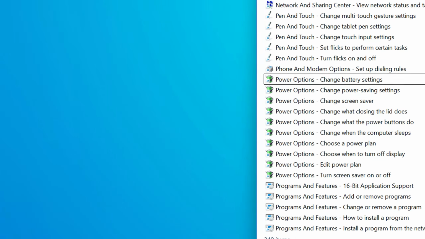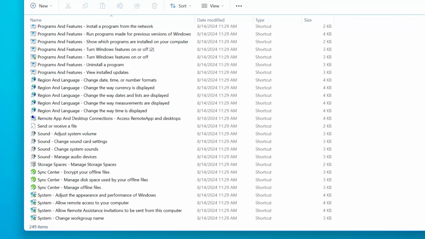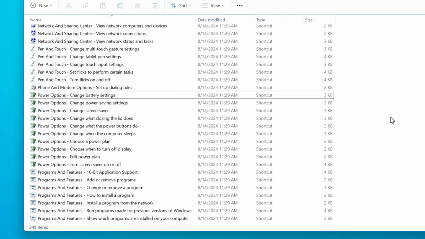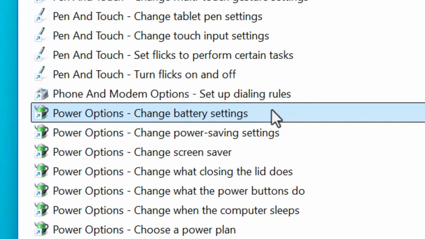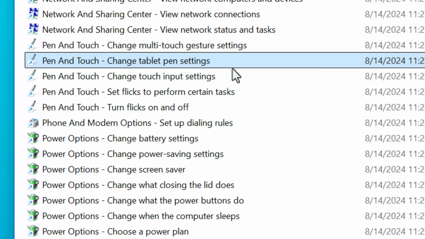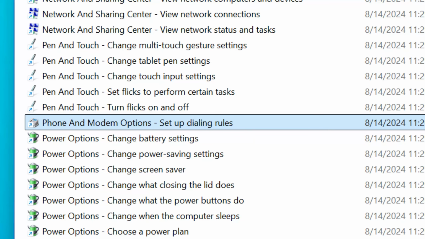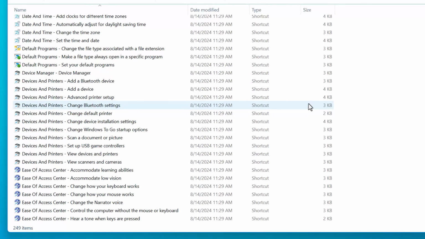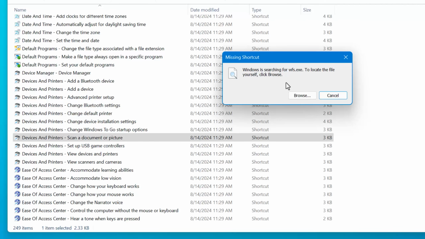Now, to be clear, some of these links might not actually work. There could be a reason it was not listed in the all tasks menu. For example, some of these only apply if you're on a laptop, or if you have a pen, like a lot of these pen and ink ones only show up normally if you have a pen. And others seem to be like leftovers from older versions or just are broken links completely. So yeah, it's everything, but it doesn't necessarily mean that they're all useful. But again, there are some that do work, like those language ones.